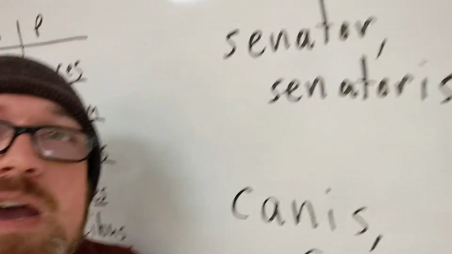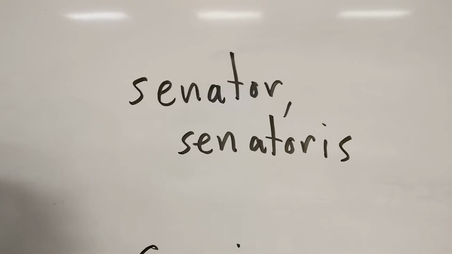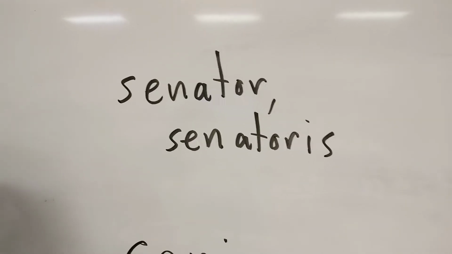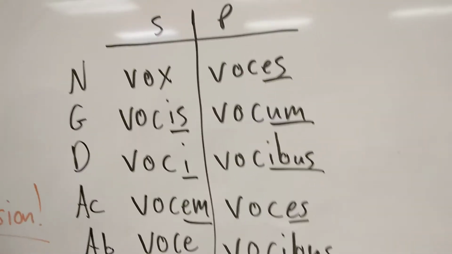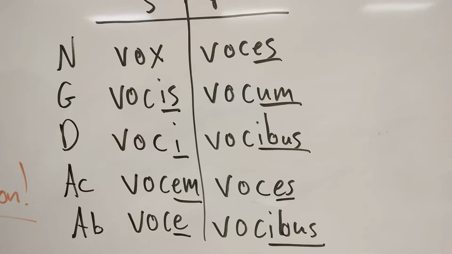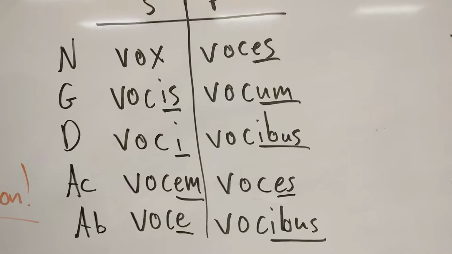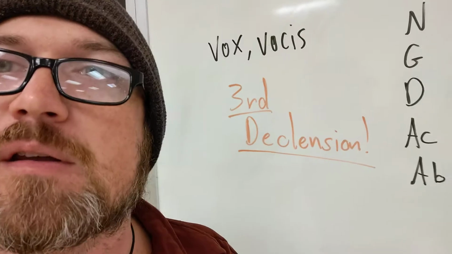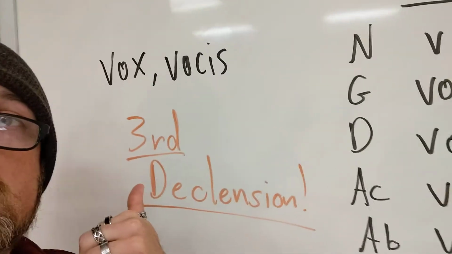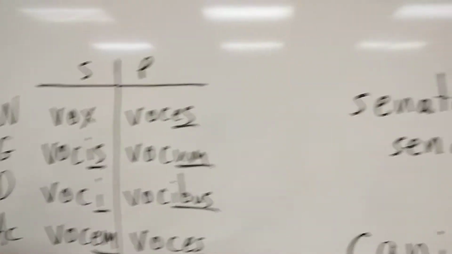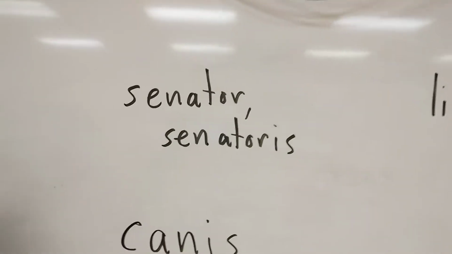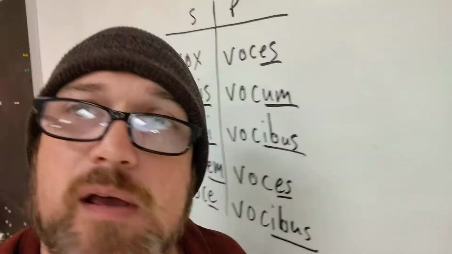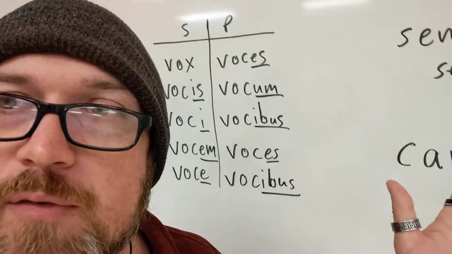And you know what? Totally fine. That's totally fine. If you decline it, that just means you use senator as your stem, and then you add on the endings, and they're going to be the exact same endings as this. The is, em, a, es, ibus, es, ibus. In fact, it doesn't even matter if the noun is feminine or masculine, because the word voice, vox, vocis, is feminine, and the word senator, senatoris, which means what it looks like, senator, is in fact masculine. All right? So it actually, literally does not matter if it's masculine or feminine.